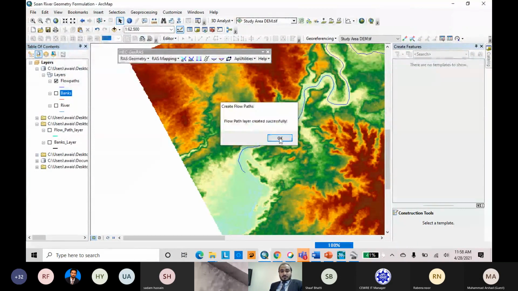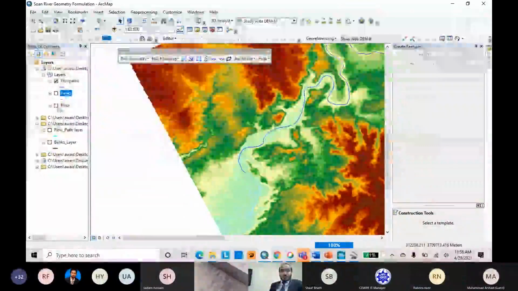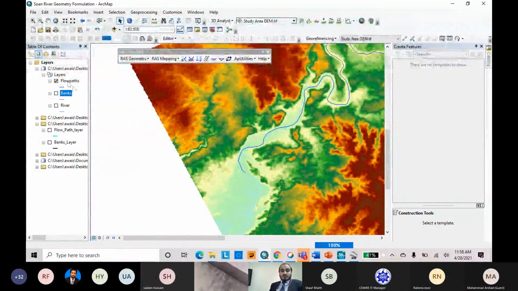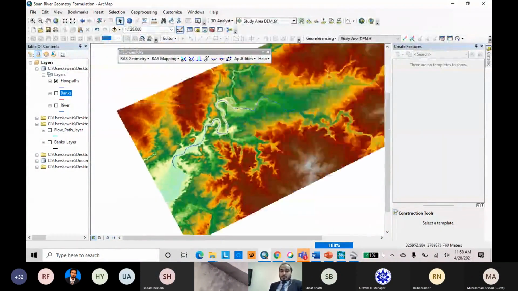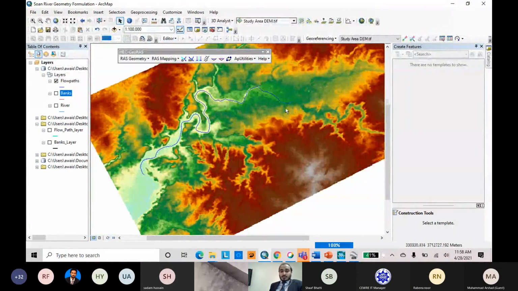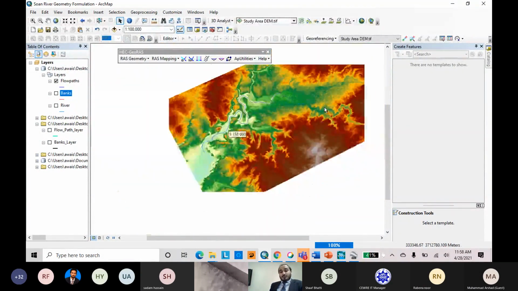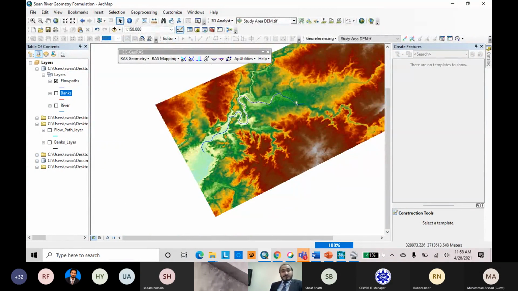Here they have just copied the river from the river layer into the flow path, but we require the other two layers: the left flow path and the right flow path, or floodplain path. The flow path is basically the path the flow of the river will follow in flood season, or in normal conditions if it has overtopped its banks.